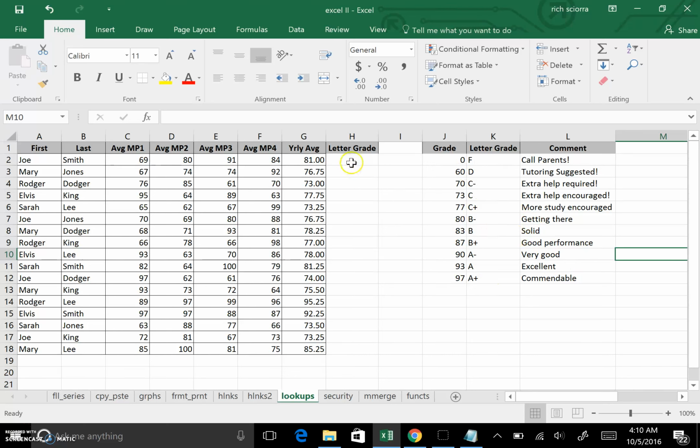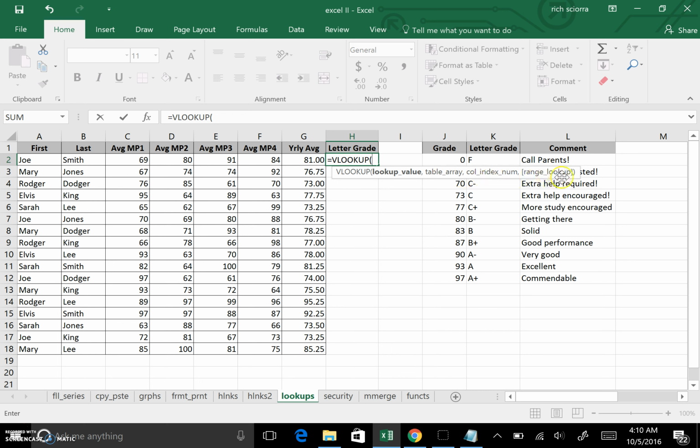So let's start with your lookup table. Because it's a function or formula, we're going to start with an equal sign. And I happen to know that it's VLOOKUP. As I start to type it, it's suggested, and I can double-click that to get it there. Now, it gives me some help here on what information it's looking for. The first thing it's looking for is the lookup value, and that's the number we're checking. So I'm checking the number from this cell,